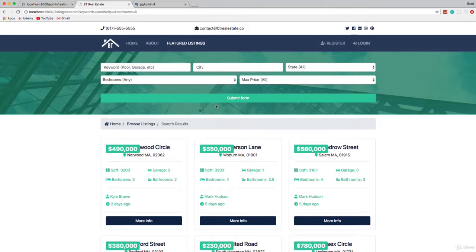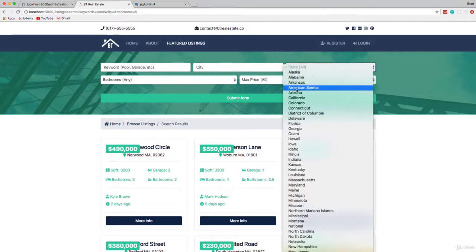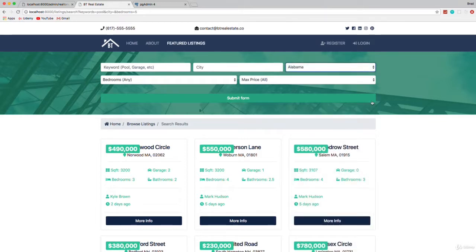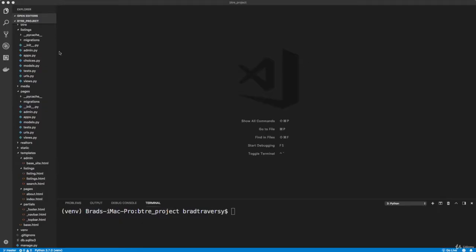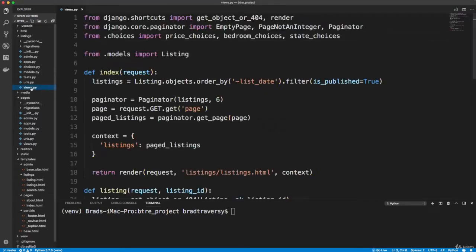or pull it out of the request, I guess we could say, and put it into a variable. And then we're going to want to base our query set on that variable. We're going to want to filter by that. So if they say state Alabama, then we're going to want to put a filter for state of Alabama. Okay, so we want to do this one by one, and we're going to do this in the listings views.py